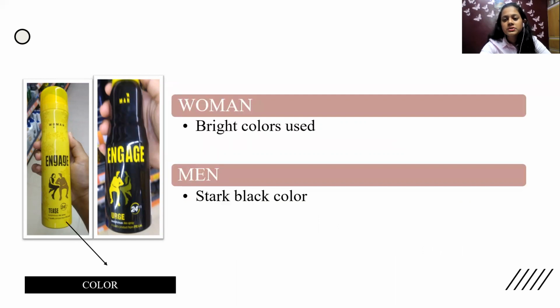For the women's deodorant, when I refer to color schemes, basically, to understand the color element of packaging, I had referred to a book called The Graphics of Communication, where it speaks about how bright colors are being used for those who are more uneducated, immature, young, for those kind of an audience, whereas the darker